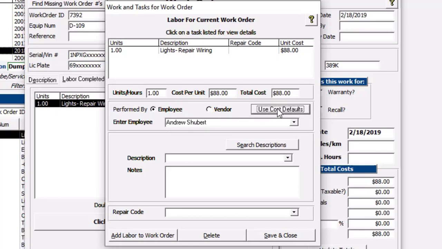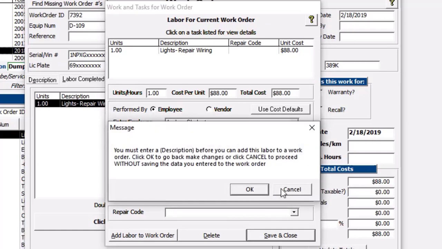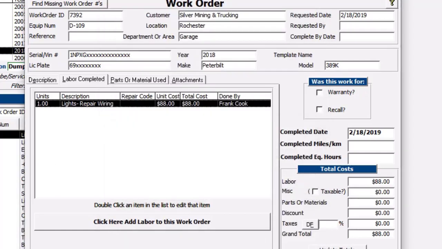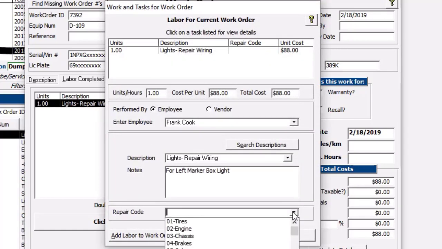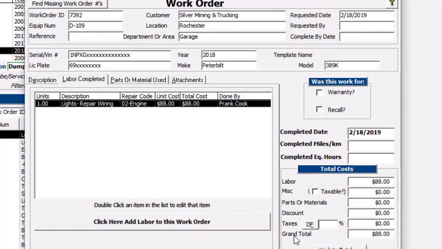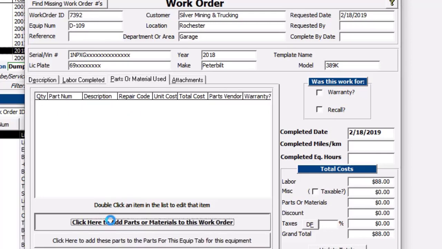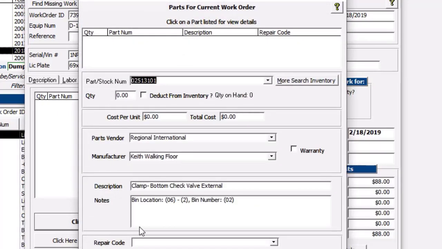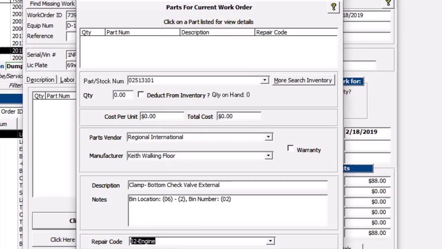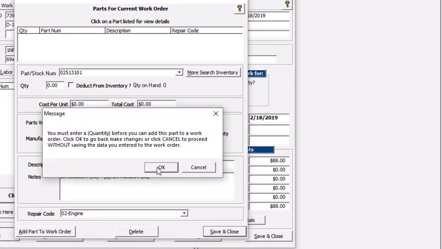All right, so if I choose this now, it goes back to the $88 that it was before. So that's what we've done there. So next, over in the work orders printout, I'm going to cancel that. In the printout here, well, let me just add something. I'm going to add a repair code here, and I'm going to go over to parts and materials used. I'm just going to add a part, and we're going to choose a repair code, save and close that,